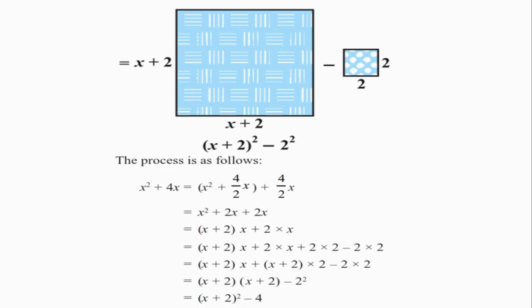So we are solving this x square plus 4x. As you can see, what algebra I am using here, already see in the pictures, figures. So this becomes x plus 2 whole square minus 4. So this becomes x square plus 4x minus 5. We change into x plus 2 whole square minus 4 minus 5. This becomes x plus 2 whole square minus 9.